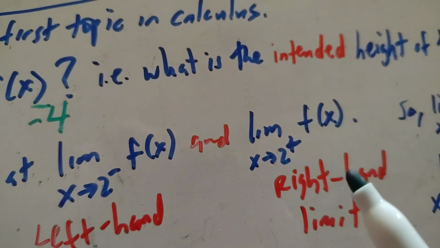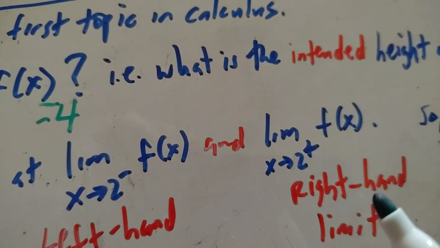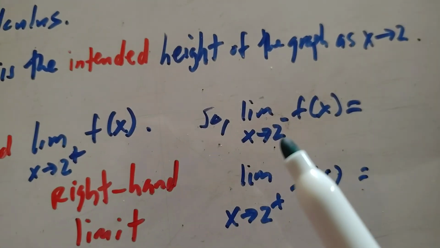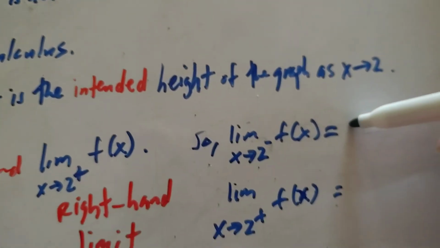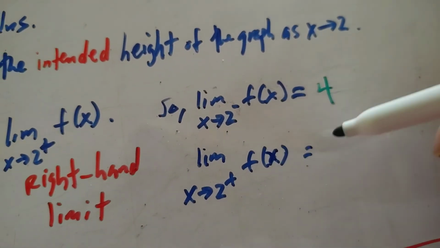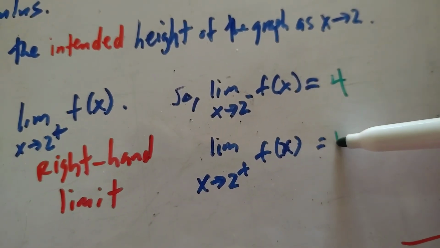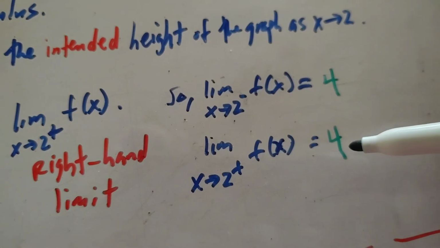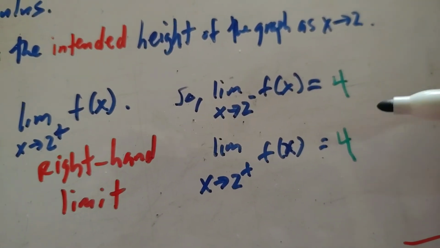Now, if the left-hand limit is the same as the right-hand limit, then we say the limit is going to be that answer. So, what was the limit as x approaches 2 from the left of f of x? We said the answer was 4. And also, the limit as x approaches 2 from the right of f of x, we said the answer was 4. So because the left-hand limit is equal to the right-hand limit, then we say that the general limit,